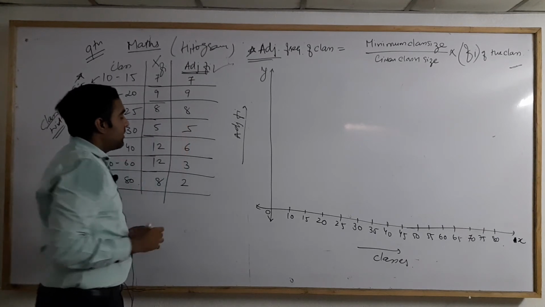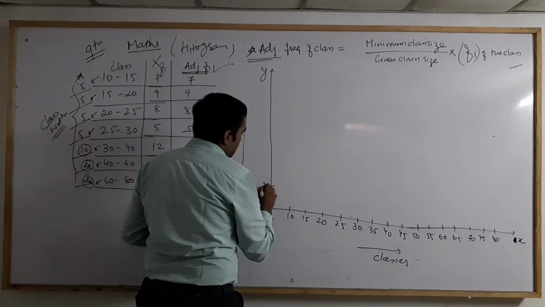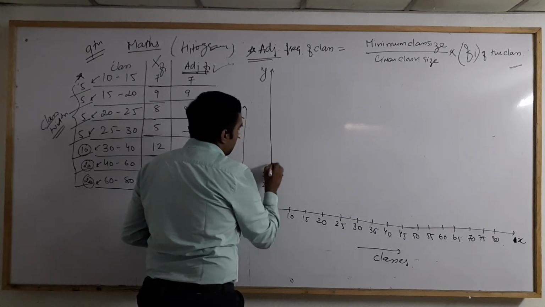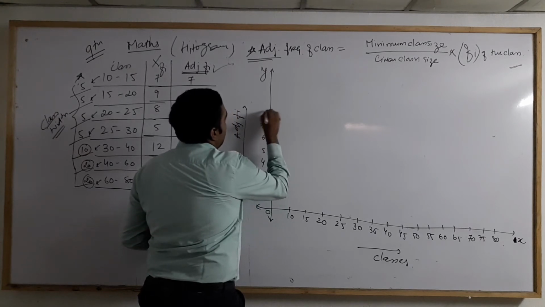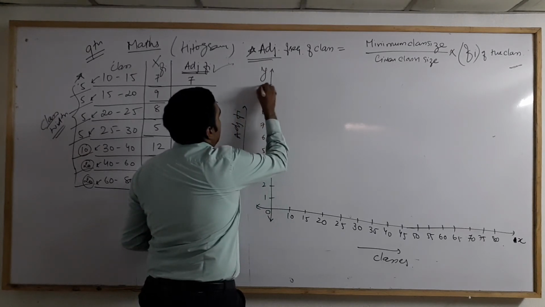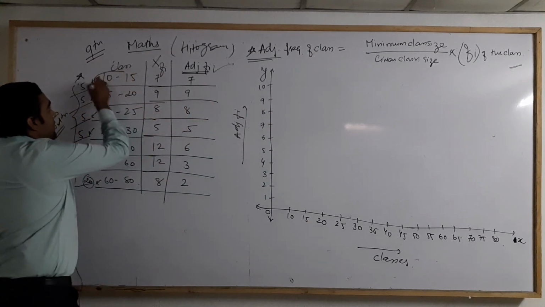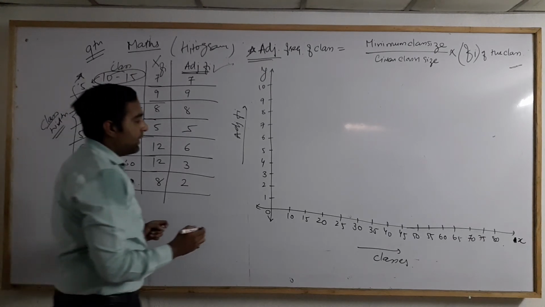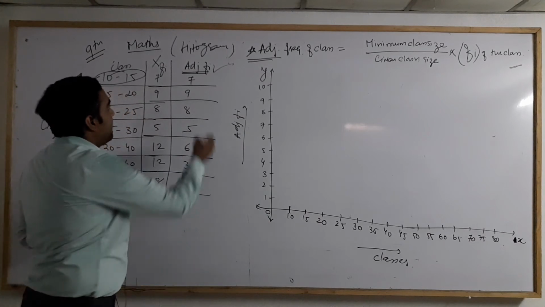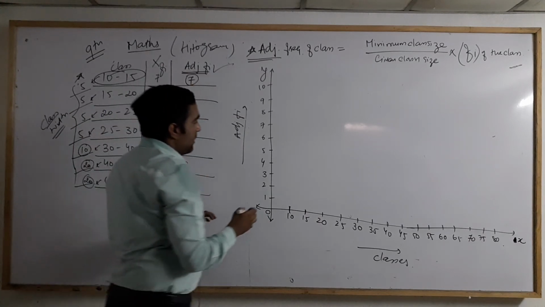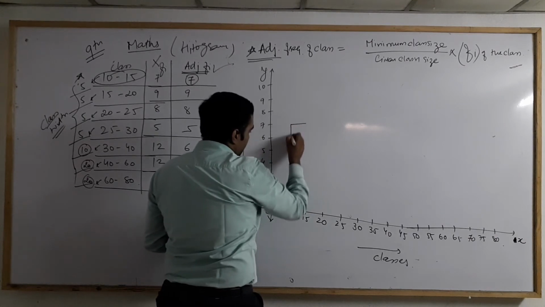maximum number is 9. So for that, I'll choose the ratio, that is 1, 2, 3, 4, 5, 6, 7, 8, 9 and 10. Okay, now for the first class, 10 to 15, that is my from here to here. My adjustable frequency is 7. So for that, I'll draw the graph